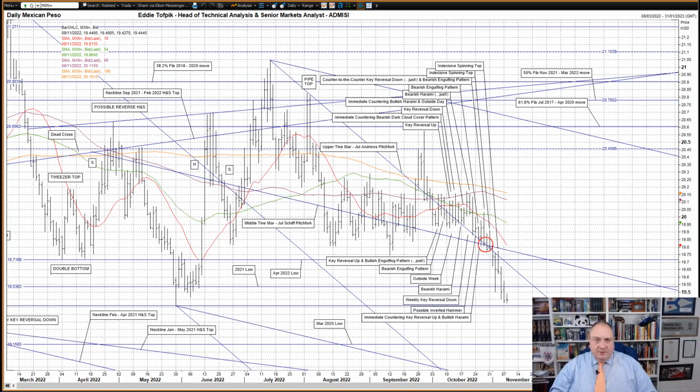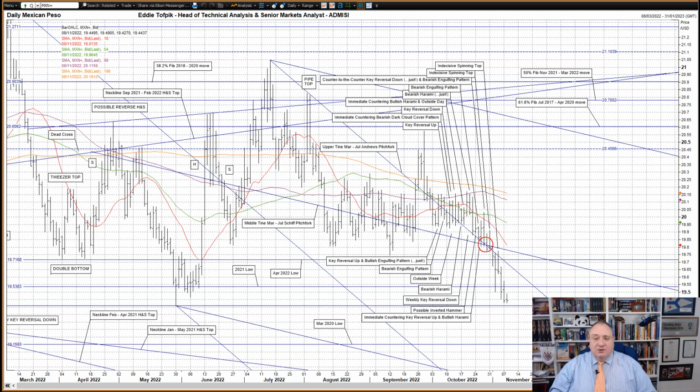US dollar against the Mexican peso. Well, once again, it's not like I didn't warn you that such a thing might happen. The crossover of tines 2 weeks ago, highlighted by the red circle on my daily chart, specifically the upper tine, currently